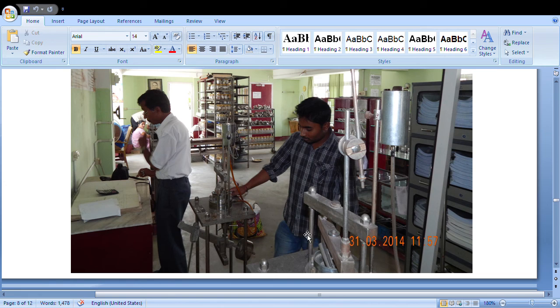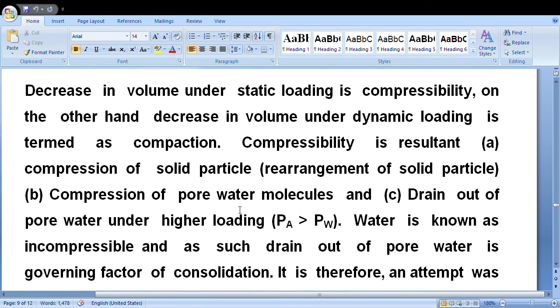Because here, when we load it, the volume will be decreasing, as the mold is there where we are loading. You see this consolidometer. This is in the consolidation test. Volume is decreasing